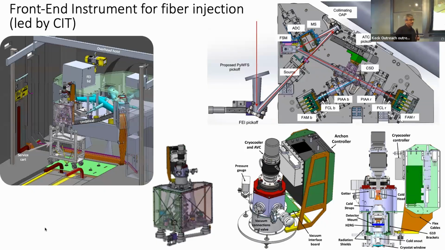The front-end instrument, as I mentioned, goes on the K2 AO system. Here it's shown on a service cart ready to be installed. There are multiple pieces of this instrument to try and get light efficiently coupled into those fibers. We have a tracking camera, which watches the position of the star relative to the fiber and steers a field steering mirror. Light is split by a dichroic into our YJ and HK channels, simultaneously feeding two different fibers. We have some beam shaping optics to maximize the efficiency of the light injected into the system before it's transported